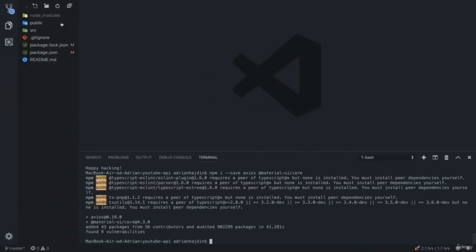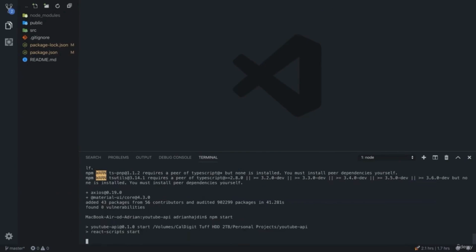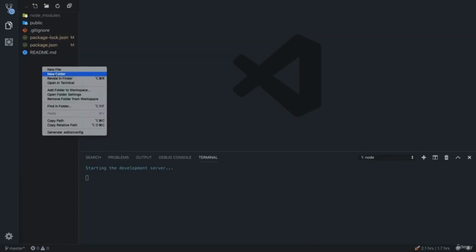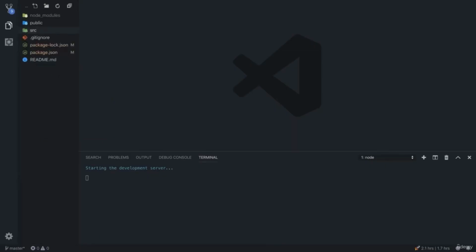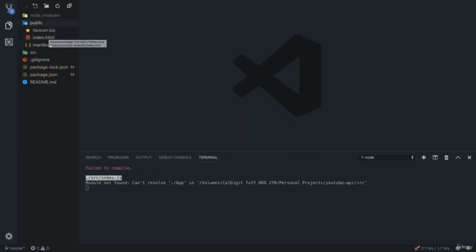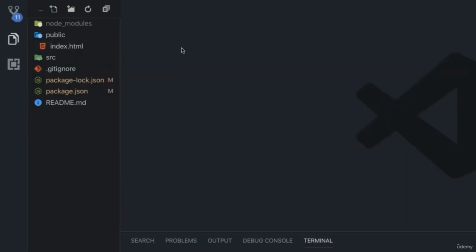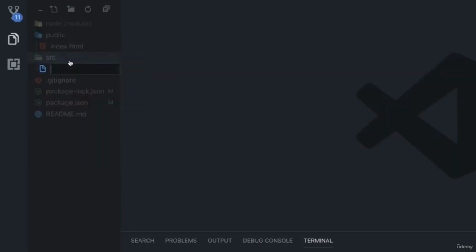We can now run npm start to see if our project will run correctly in the browser. While that loads, we can clean up this project structure. So we are going to remove the src directory fully and create a new one, as there is no need for all the boilerplate code right here. We can also remove our favicon and our manifest. Inside our src directory, we can simply create an index.js, and inside of the index.js,